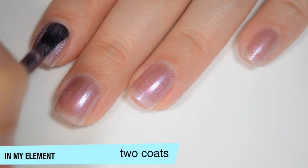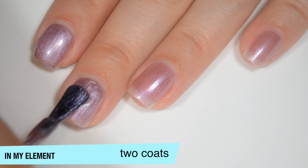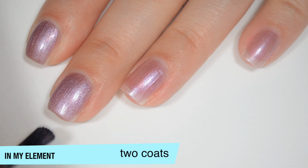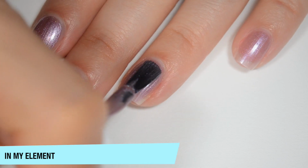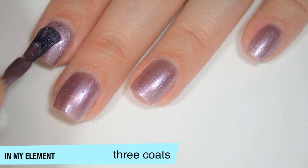Kind of expected that because it was pretty sheer on the first. Like the other polishes, most of those brush strokes did go away once the polish was fully dry, but I'm expecting to see them a little bit more in the second and third coats, just because it will be more opaque. So I am adding a third coat here to cover up just a few spots, but the more I